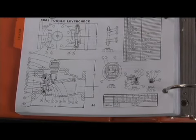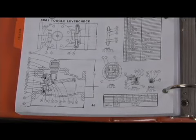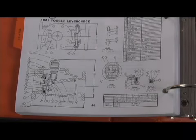So this is the 3081 design. What was different on the 3084 had to do with the check disc retainer and the check disc guide, which they did change. And we'll talk about that when we take the check assemblies apart. So 308-1 style check, 308-4 style check are the check mechanisms used in the large, meaning 2-inch through 10-inch flanged